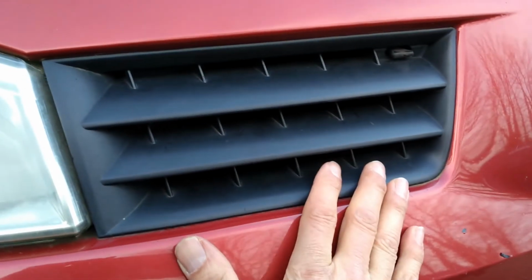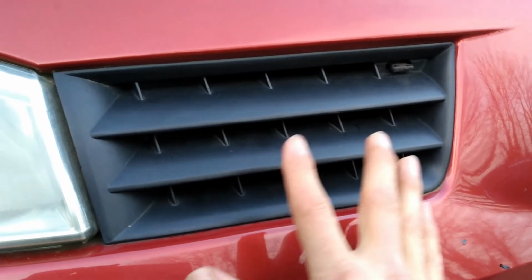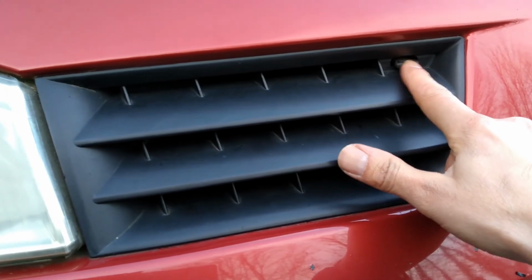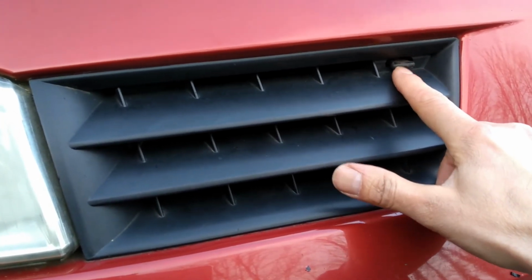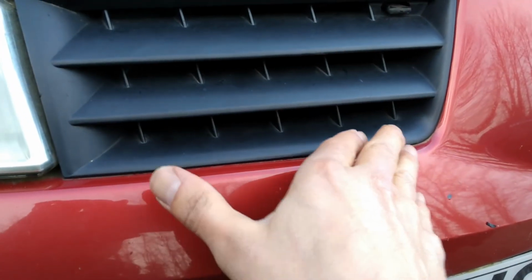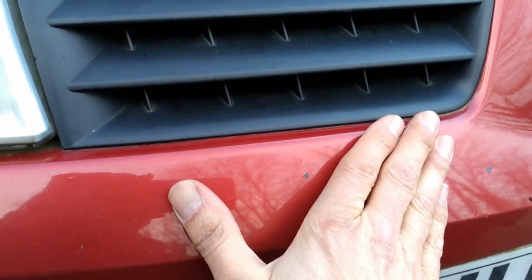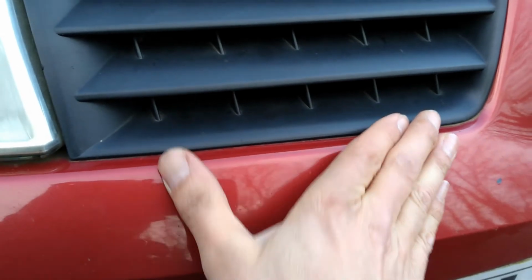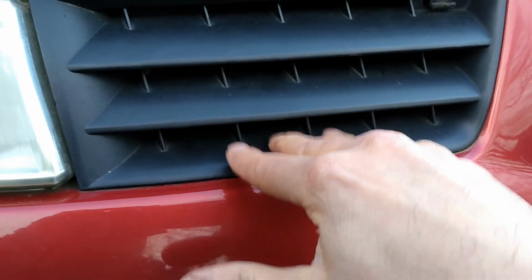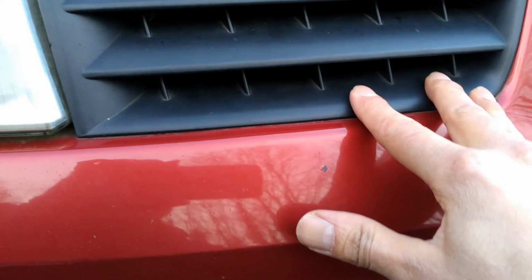But if you do the grill method, here are two final tips to make you aware of when you're putting it back on. One is make sure you don't forget to thread this bonnet catch thing through this bit here. And secondly, it's quite difficult to put it back on as well. Not as difficult as it was to take it off, but it doesn't clip back on as easily as you think it's going to. What I found was I had to apply quite a bit of downward pressure on this bit here, but also pay careful